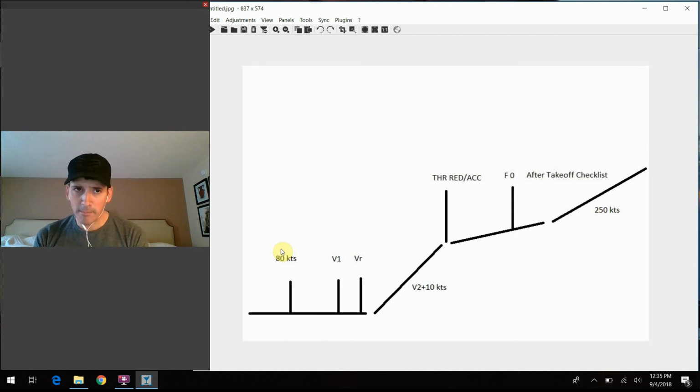The other one that I want to tell you about is the V1 callout. There's a bug on the speed tape, of course, that tells us when we get to this velocity, but you're actually going to make the V1 callout 5 knots prior to when the speed target rolls through the bug on the tape. The reason for that is there's an assumed lag of human reaction time. If you had a failure prior to V1 and needed to reject the takeoff, the manufacturer assumes there's going to be this little lag in time that it takes you to react to a situation like that. So the 5 knots prior accounts for this principle,